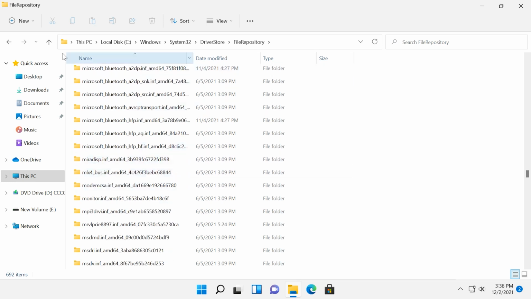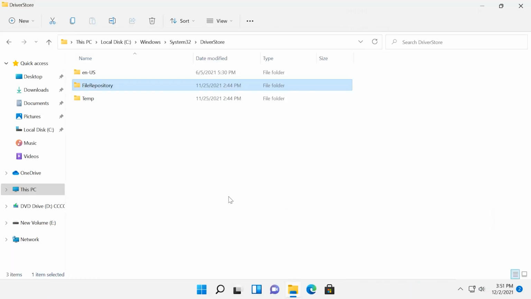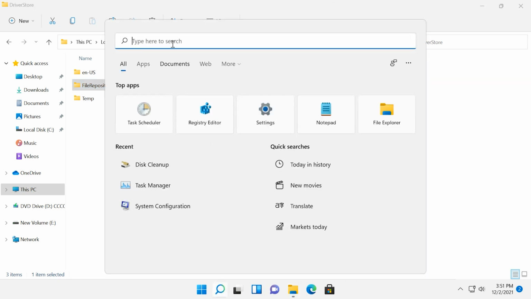That is convenient, but it also takes up your disk space. In theory, you can remove everything from file repository folder, but in reality, this may cause problems and it's not so safe as you may think. To clean up some drivers without regretting that, you have to understand what things can be removed safely. For starters, let's list the drivers that are stored in this folder. Launch the command prompt as administrator